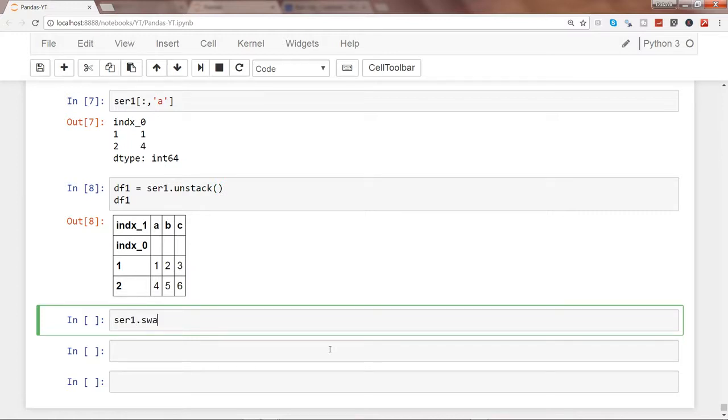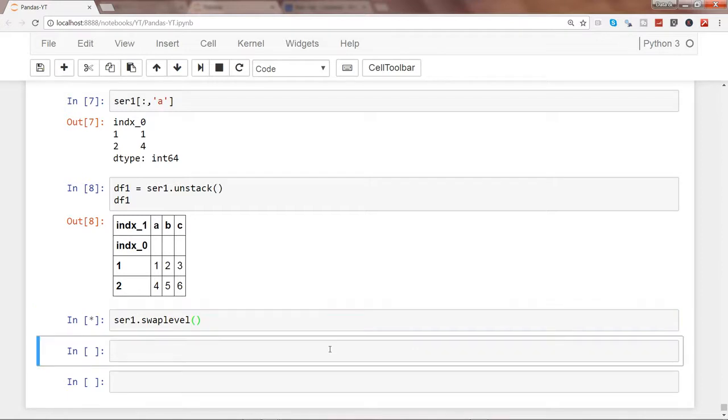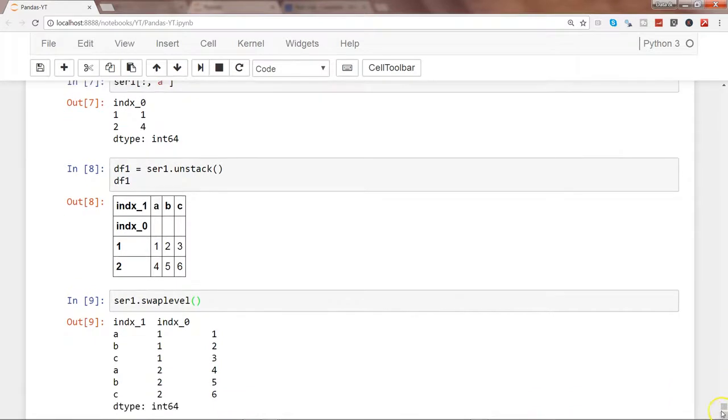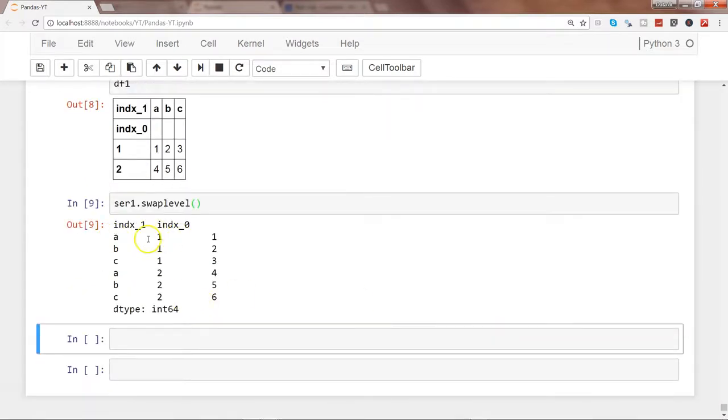ser1 dot swap level. If I press enter, here you are. Those levels have, if you see, one was coming at the very first time and this ABC was coming second, but now it has been swapped. So this way, whenever you have a need or requirement where you need to swap the level, you can very